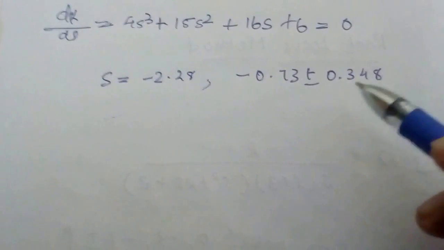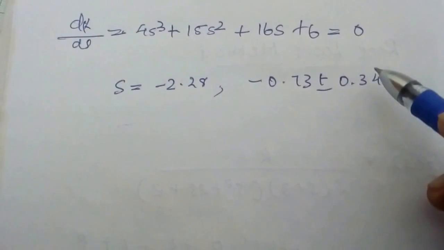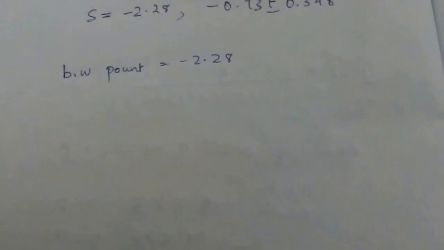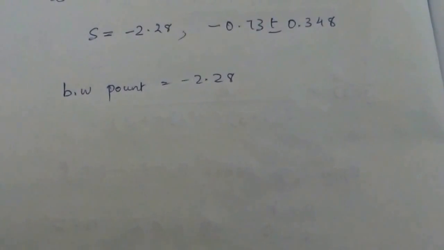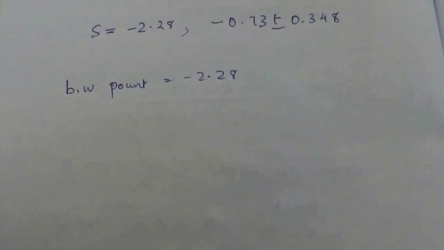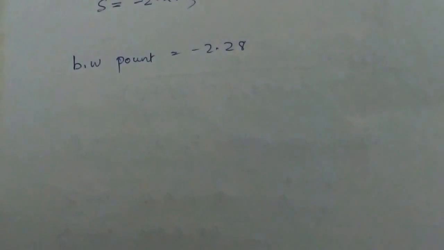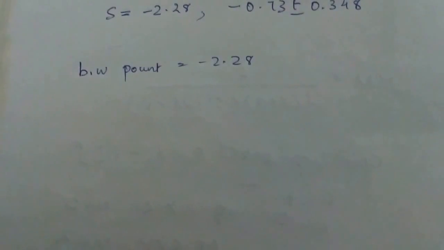But by substituting the other values as s in the equation, the value is not real and positive. So the breakaway point is minus 2.28, but that's not enough. We need to find how this line breaks away from the real axis, whether it is 90 degrees, or whether it is slanted by 30 degrees, 45 degrees, 60 degrees, or at what angle it departs from the